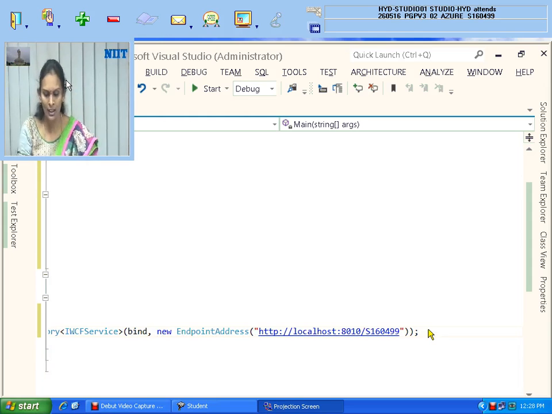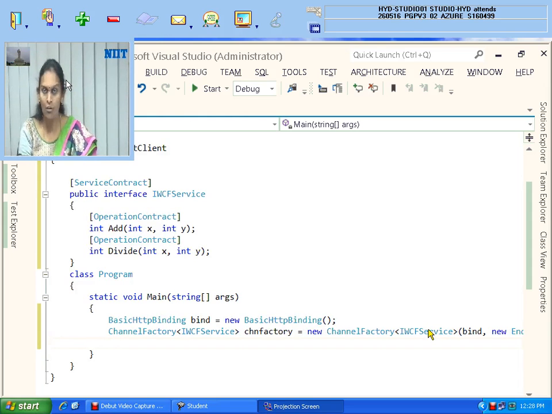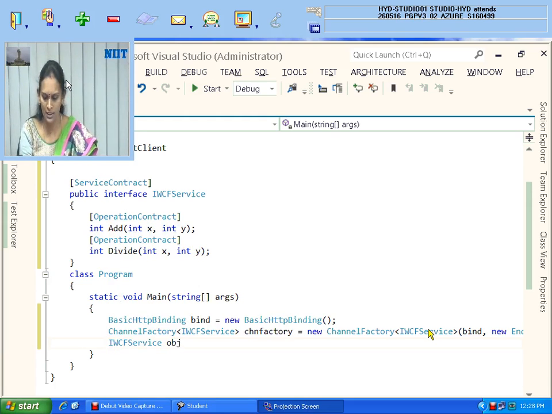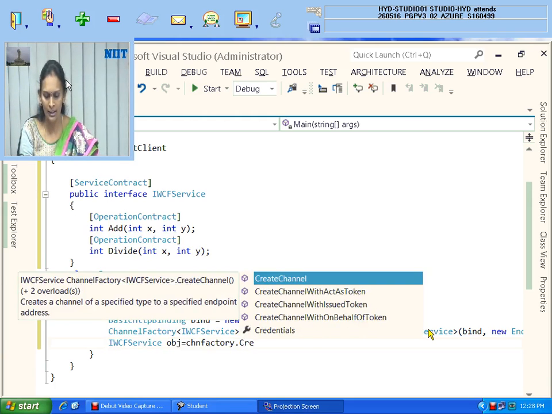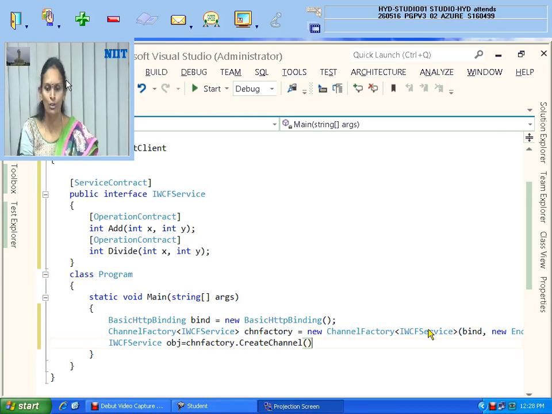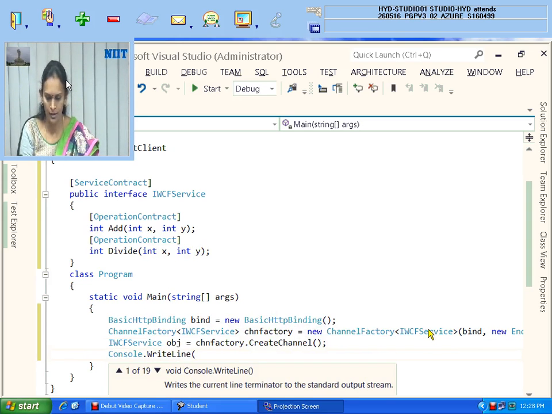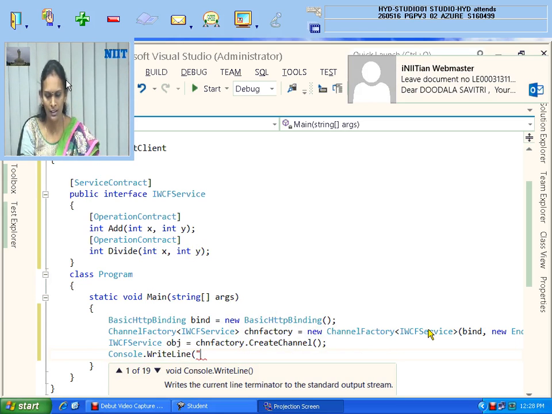Now the channel is not yet created. Now you need to create an object for that. Give the interface name again, obj is equal to channelFactory dot CreateChannel. Finish. Now you try to access it. Console dot WriteLine. What are the functions we have created?